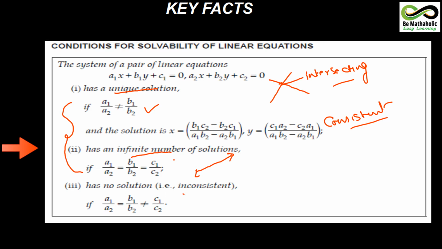Similarly here, as you can see, it is written inconsistent. When you get no solution, the plotting of the lines is like this: the two lines are parallel to each other. When two lines are parallel to each other, the system is inconsistent, and we do not get a solution. The lines do not have any relation between them, so we get the answer as no solution. The condition for this is that the ratio of the x and y coefficients is equal, but not equal to the ratio of the constants. Please do remember the given criteria, because you may be given questions based on this to find the value of k, where all these conditions are mentioned.